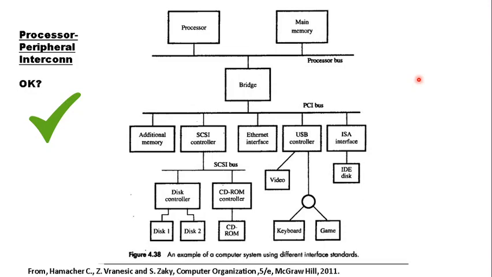So what is the solution adopted here? Again we have the processor, and here we have the processor bus. Main memory is shown interfaced directly to the processor bus, but other devices like the keyboard, CD-ROM or even the hard disk are interfaced through multiple other chips or peripheral interface protocols. The first level of interface of these devices from the processor is through a PCI protocol or a PCI I/O interface.